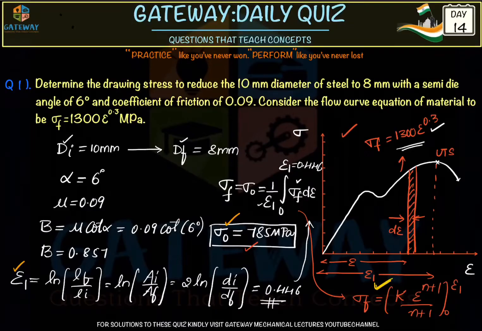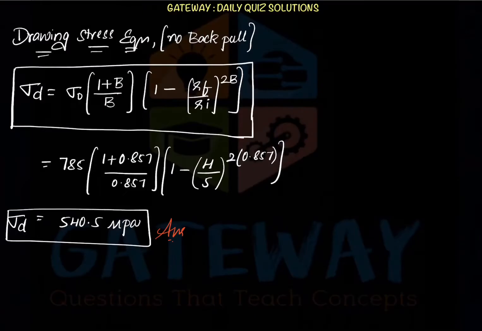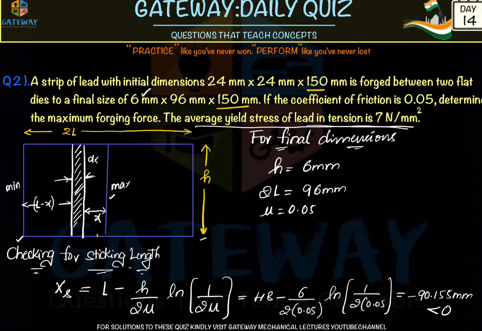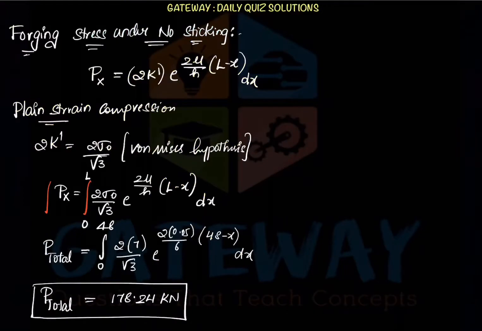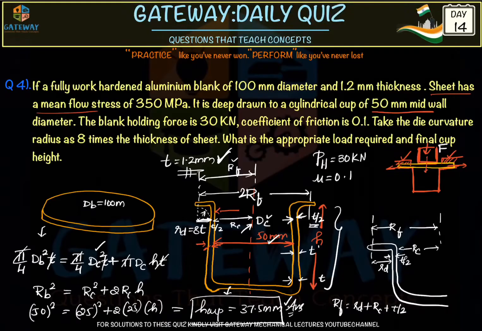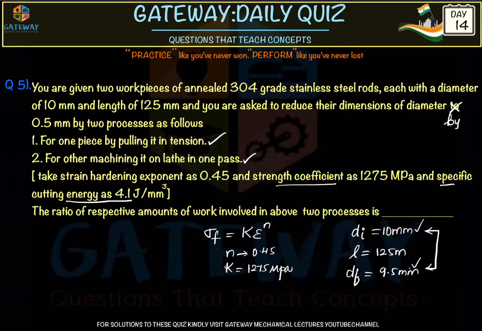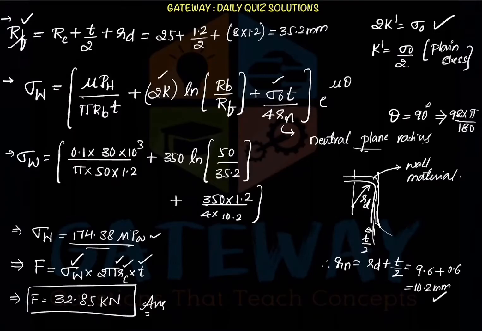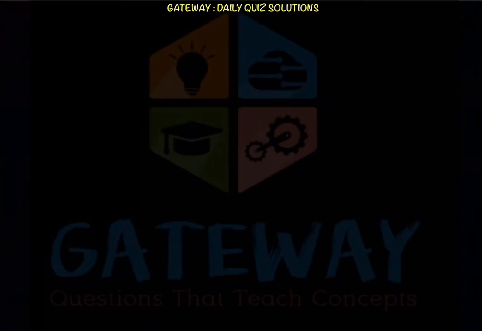Today I have taken 4 types of forming operations. The first case we have seen is the wire drawing operation, and here comes our second case, where we have seen the forging operation, and here comes our third one, which is the rolling operation. After rolling, we have taken the deep drawing operation, and finally the difference between the forming and the machining operations, right? There are many derivations involved.